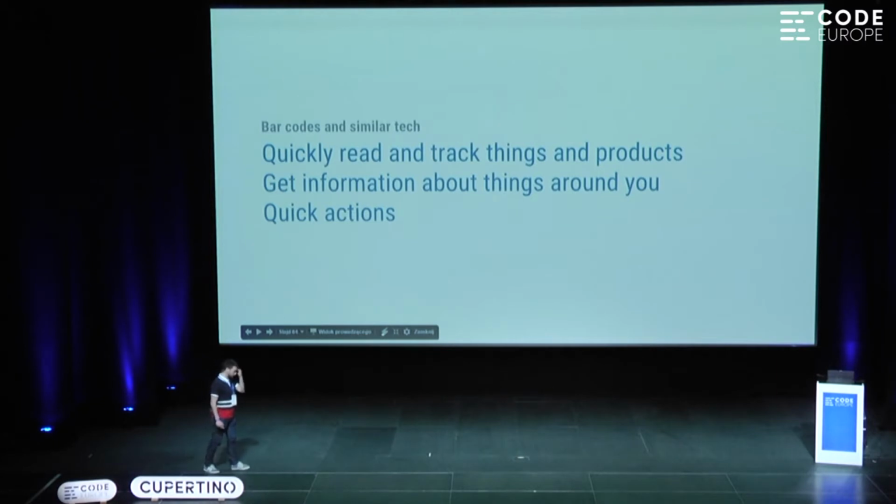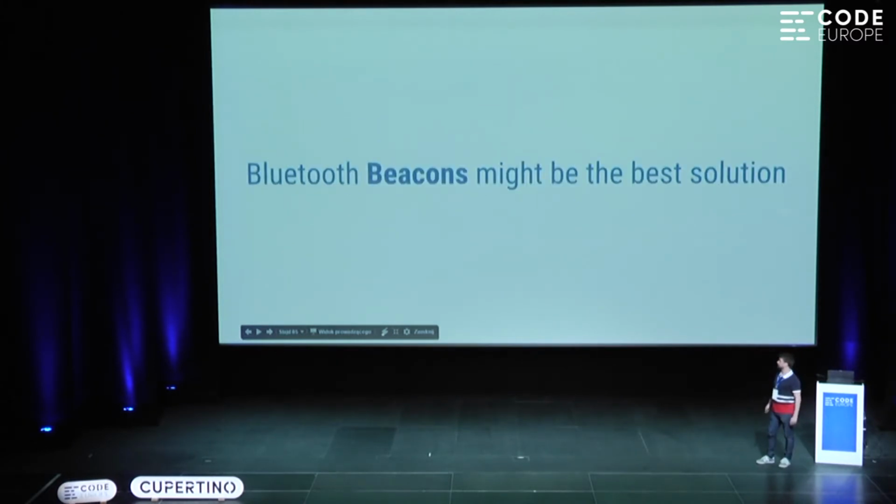A lot of companies tend to track things. Like you have a stock, you sell products. So it's very common that you do some kind of tracking. A lot of people use QR codes, use barcodes, etc. And the web is really good for interacting with devices around you. So can we combine these things?